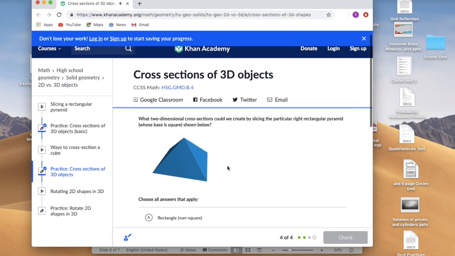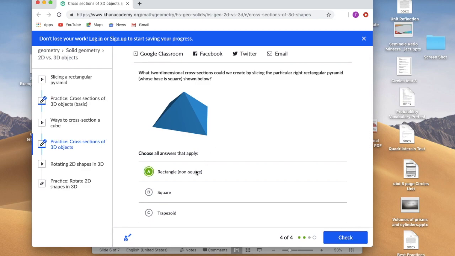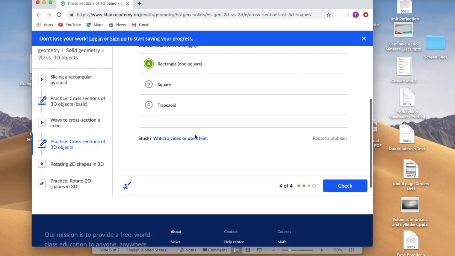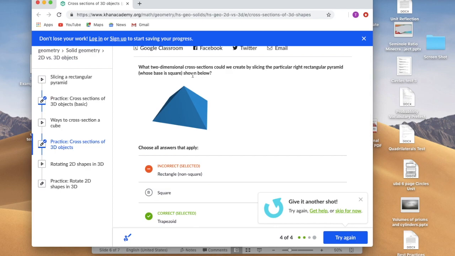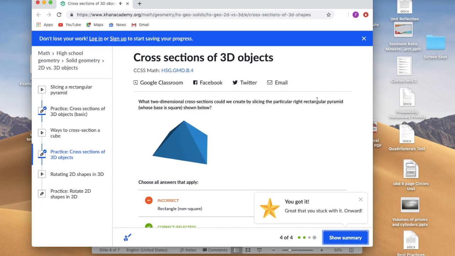So the last one, the two-dimensional cross-section slicing the right rectangular pyramid. So we know it can make a rectangle because it says rectangular pyramid. It can make a trapezoid. Rectangle. That doesn't make any sense. Oh, it's right rectangular, so that means the base is, I should have. Make sure you guys read directions. Make sure you read them. Alright, well that is what